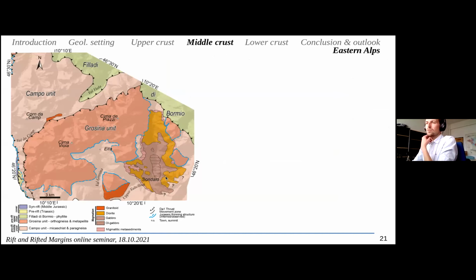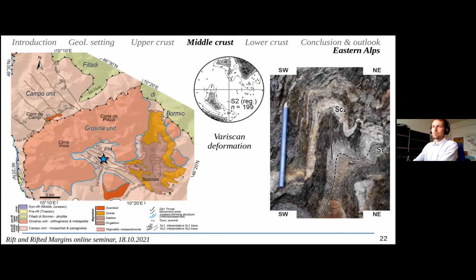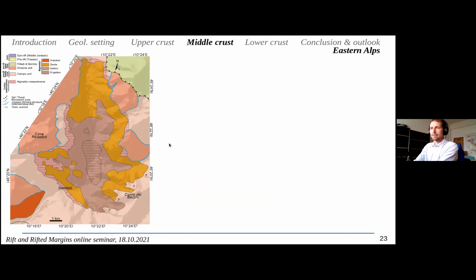Now, what is important is to visit a bit the way intrusives are constructed in the middle crust. And to do so, we'll visit the Sandalo-gabbroic intrusion, where we see that we have a host rock that is very nicely foliated with steep foliation that is dipping to the northeast, that is of a Variscan age. And the intrusion of Sandalo, that is Permian, is characterized by olivine gabbro in the center, gabbro, and then diorite